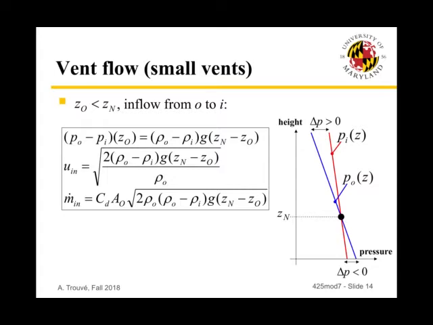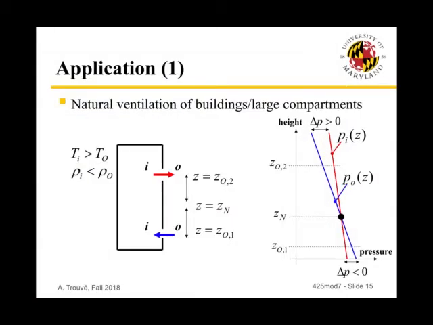And this expression again can be used provided that we know rho I through the temperature of the smoke Ti, and provided that we know the elevation Zn. So the question now becomes, what is Zn? Okay, and if we are doing hand calculations, we will have Zn coming from a steady state assumption. So let's look at this in the context of a compartment that now has two